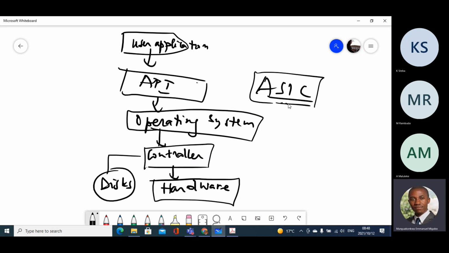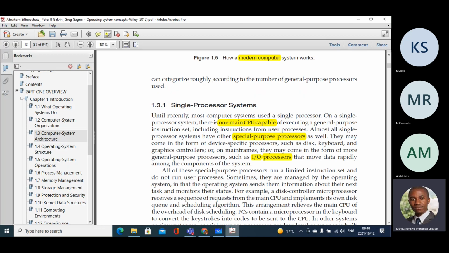You also learn a bit about that in logic design, but I think logic design, most of you may not have done it already. So that's application-specific integrated circuit. So this will be a piece of hardware specifically designed to execute specific tasks. Is that okay? Yeah. So, but the point is the set of instructions that special purpose processors can handle is